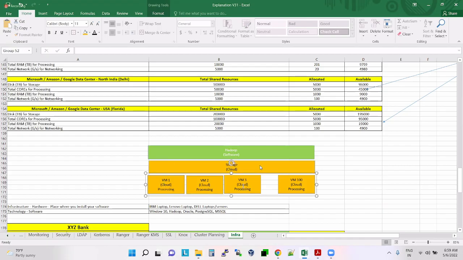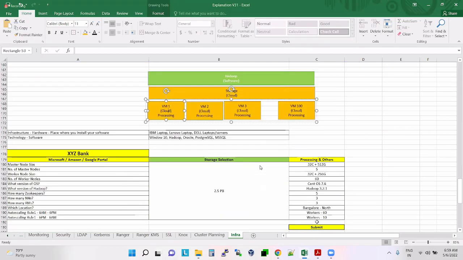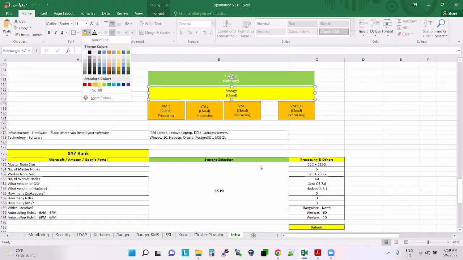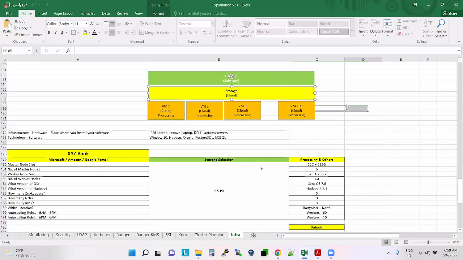The processing. You can decide: this time I want 10 workers, or I want 50 workers from this time to this time. Each VM will be like a worker here. So only these things change. I will put a different color here. The storage won't have any change; it will be a fixed one, but these VMs, the processing capabilities, will be changing continuously. And you will pay for storage separately, and you will pay for processing separately.